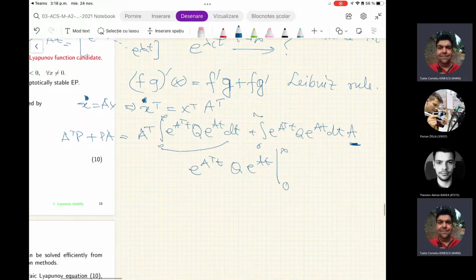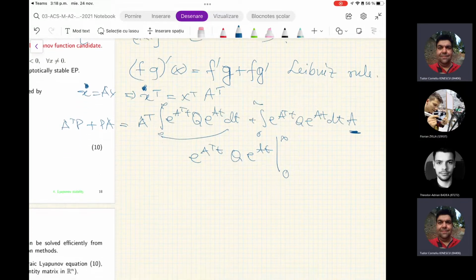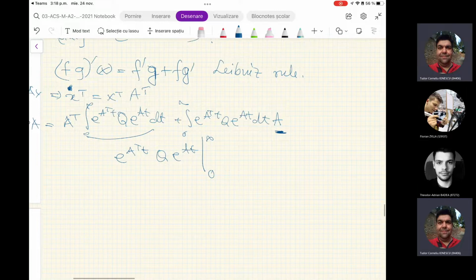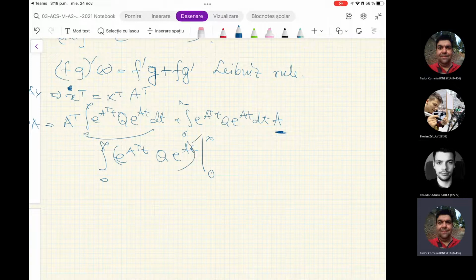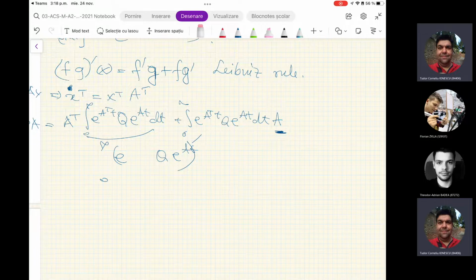Why is that? Let me put it this way. What am I actually trying to show you here? Note that e to the power A transpose t Q e to the power At,